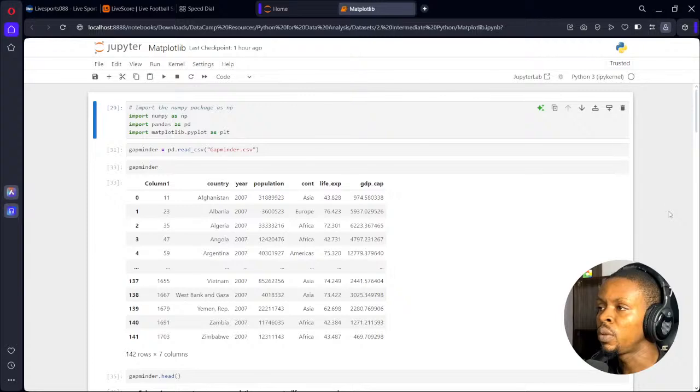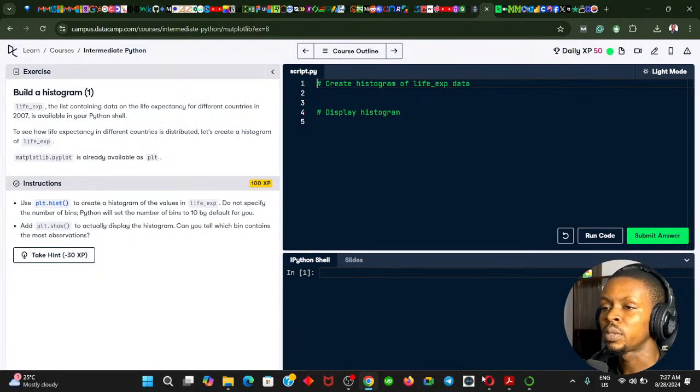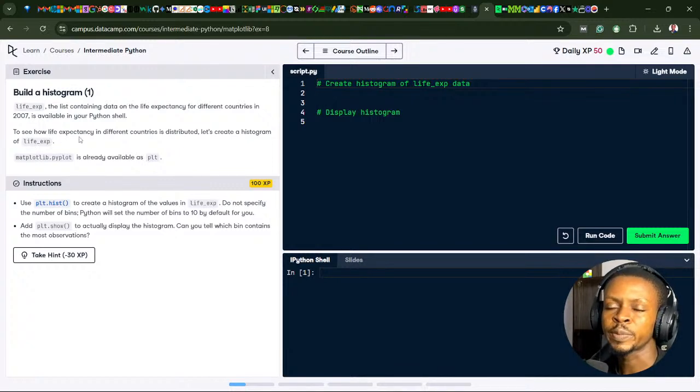I probably need to run each of these lines of code one more time. So let's continue. It says, to see how life expectancy in different countries is distributed, let's create a histogram of life expectancy. So import